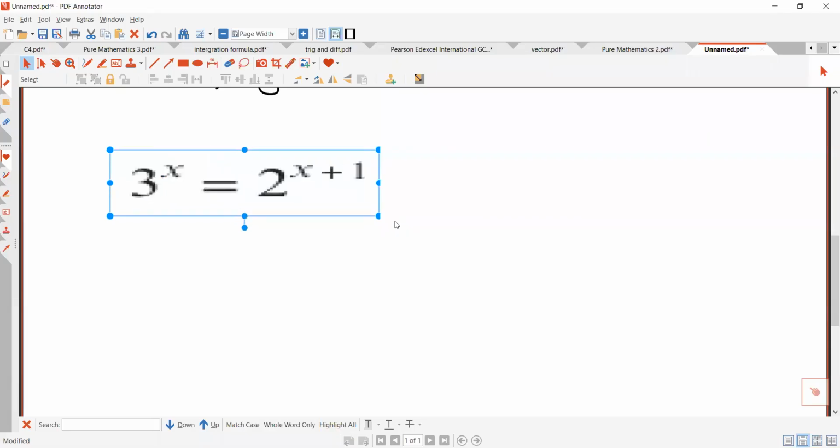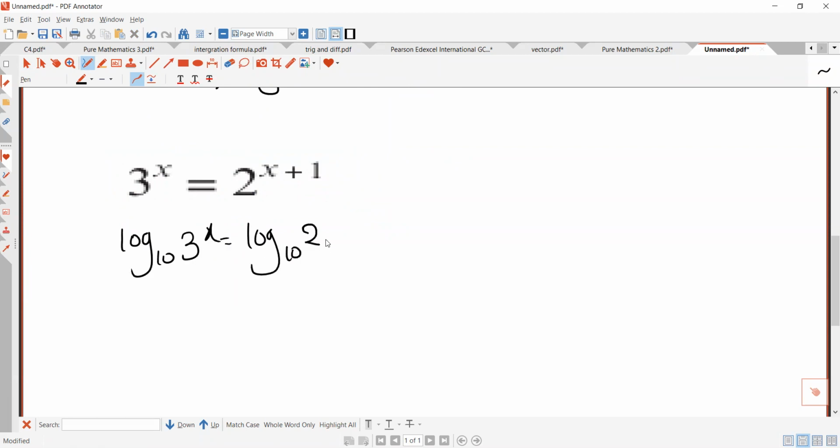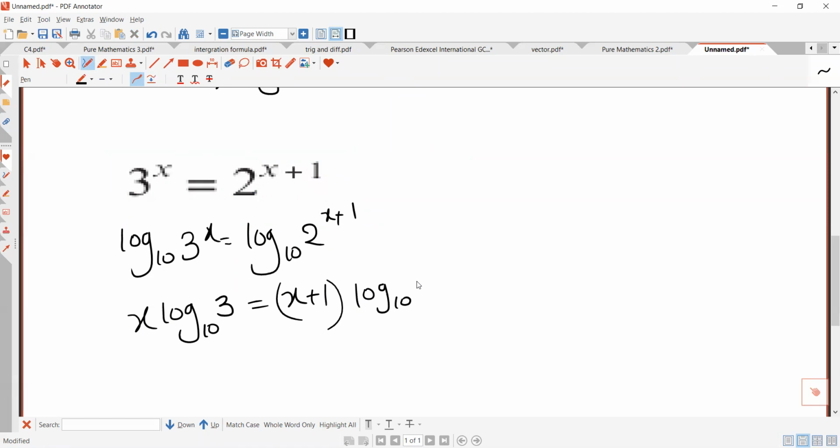Okay, so I gave you guys this sum to solve. You guys got stuck. In this case, most probably we have to again multiply log on both the sides, right? Yeah, we can multiply log on both the sides. Did you guys try that? Okay. So x log to the base 10, 3 equals x plus 1 log to the base 10, 2. So now can you do